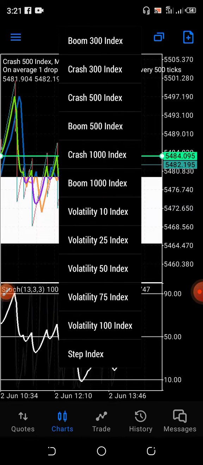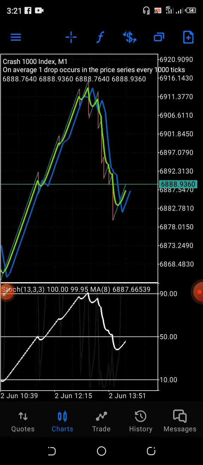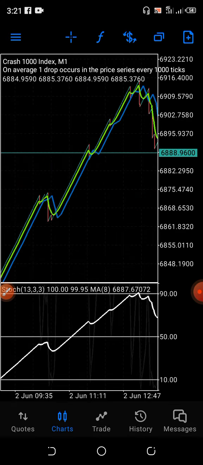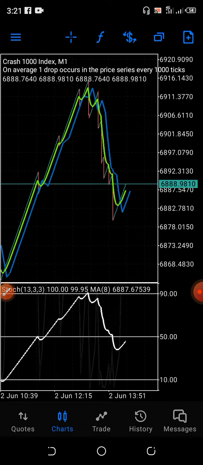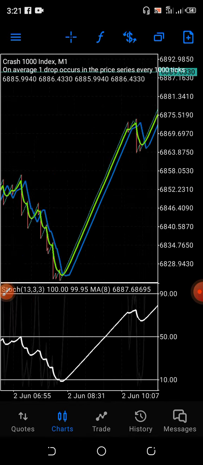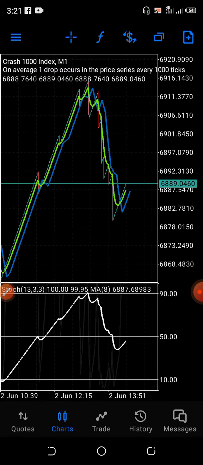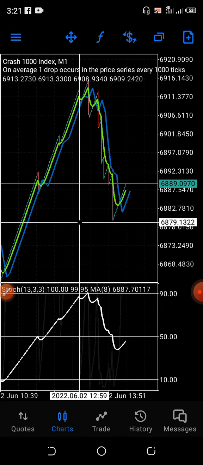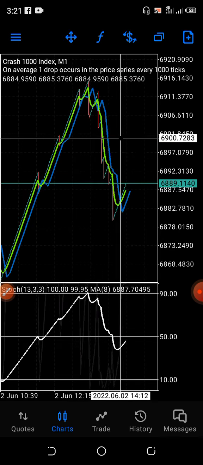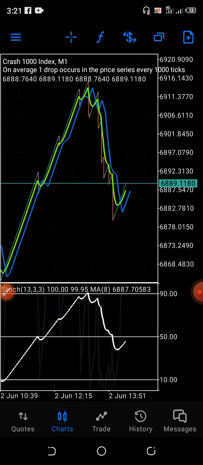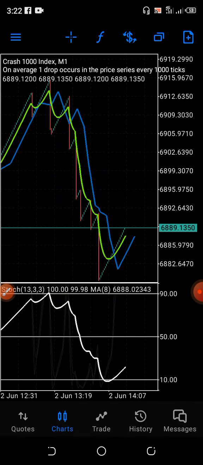All right, let me show you how this indicator works. This is a very simple indicator, a very simple strategy that can make you rich. What you have below here is not something that anybody can easily find out except you have full knowledge. What we have here, you may think is just maybe 2 moving averages. No, it's not 2 moving averages.